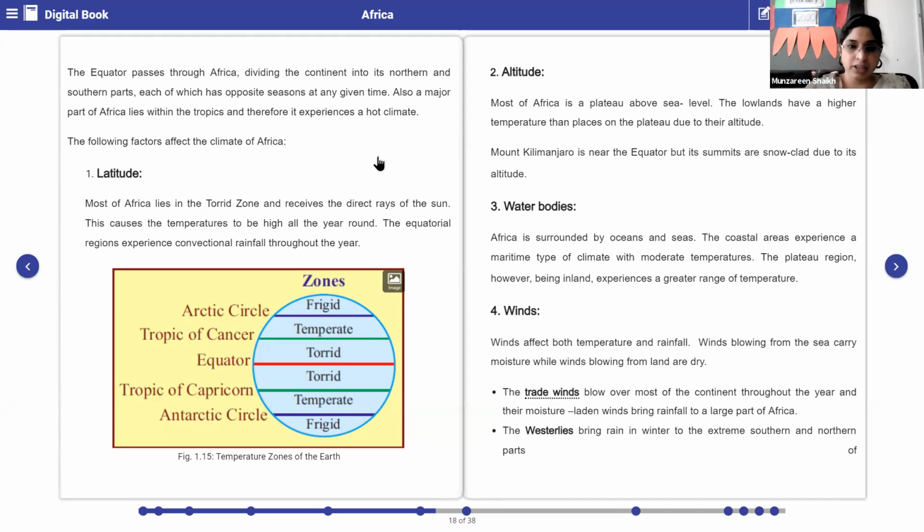The first factor is the latitude. Now, let us understand how latitude affects the climate of Africa. Most of Africa lies in the torrid zone and receives the direct rays of the sun. This causes the temperatures to be high all the year round. The equatorial regions experience convectional rainfall throughout the